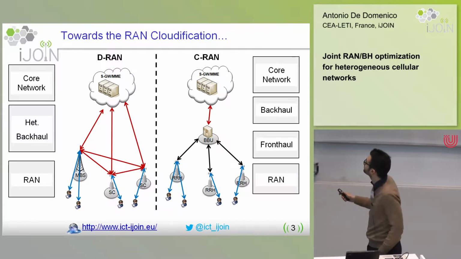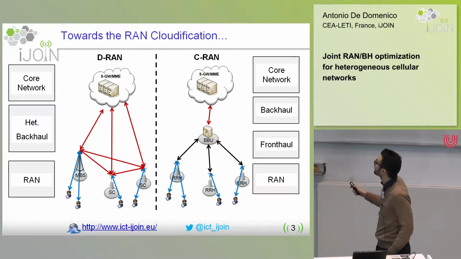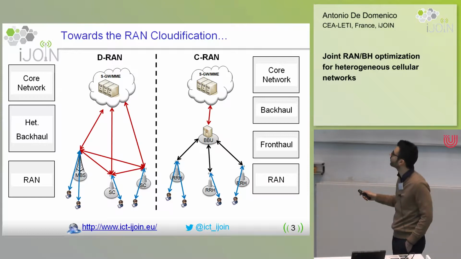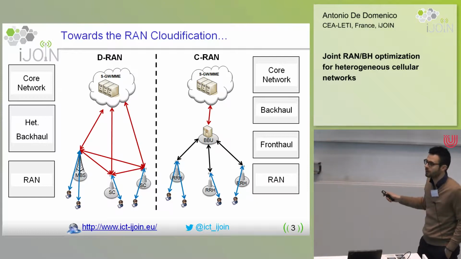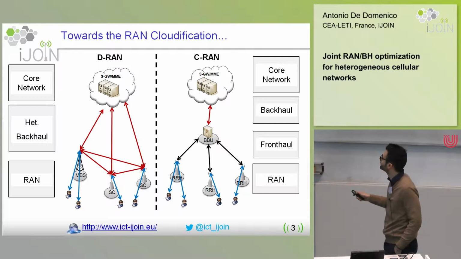Then on the right you have the more advanced centralized RAN architecture, where you have only radiating elements providing these access functionalities, and